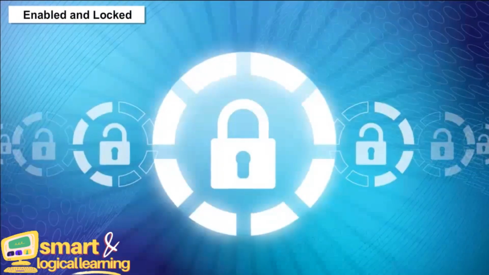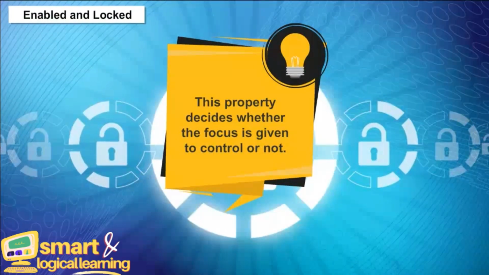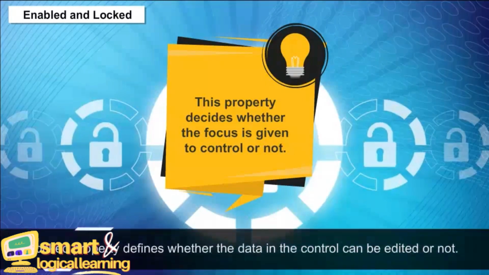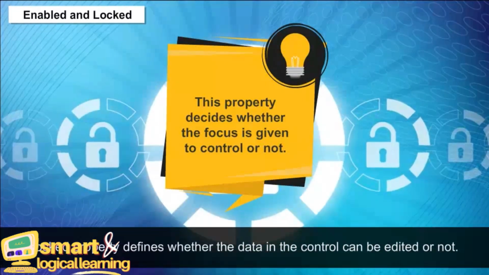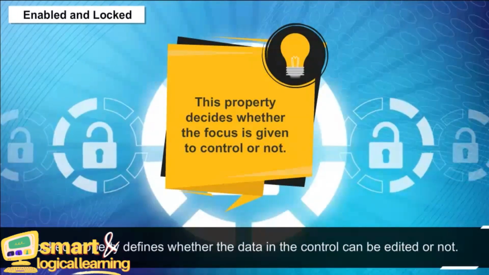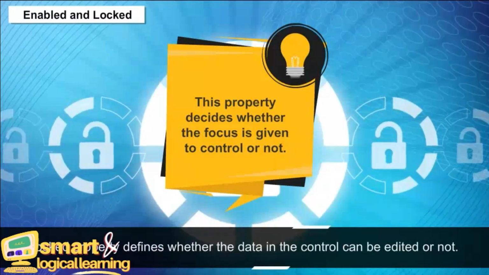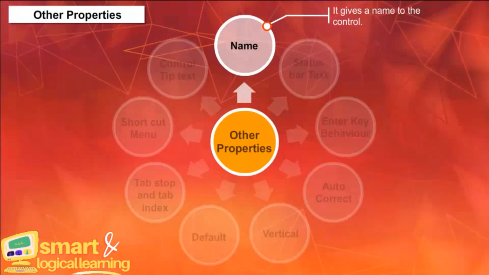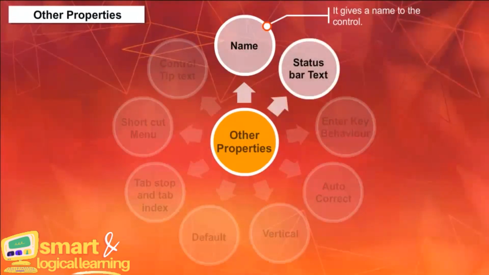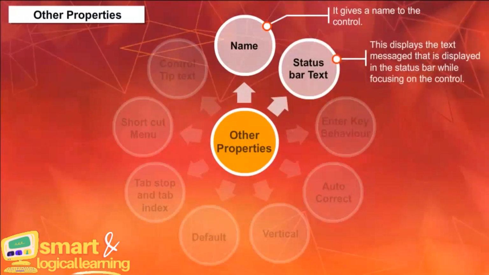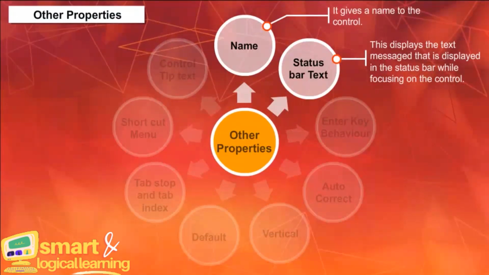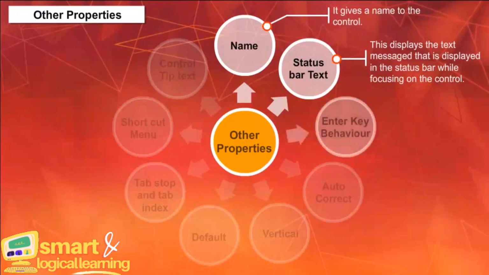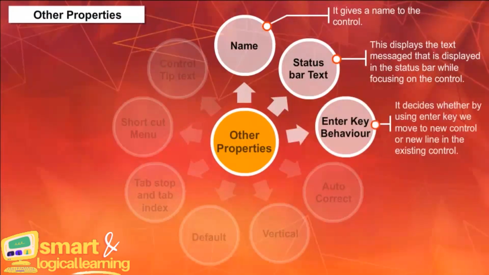Enabled and locked. This property decides whether the focus is given to the control or not. The Locked property defines whether the data in the control can be edited or not. Other properties: Name gives a name to the control. Status bar text displays the text message in the status bar while focusing on the control. Enter key behavior decides whether by